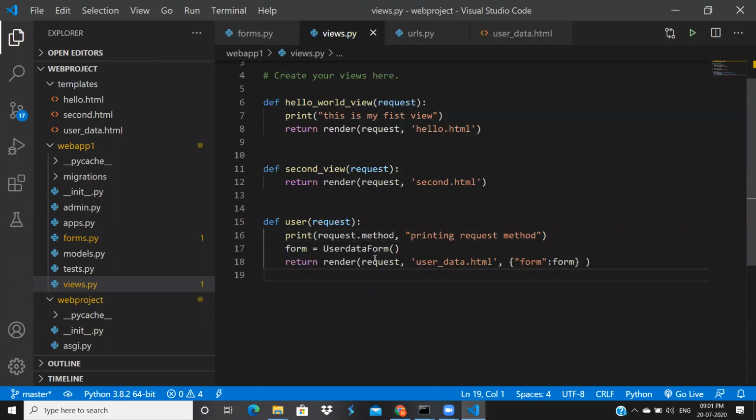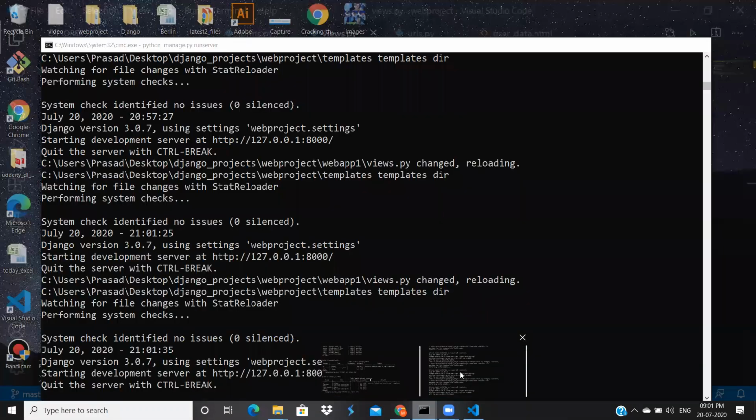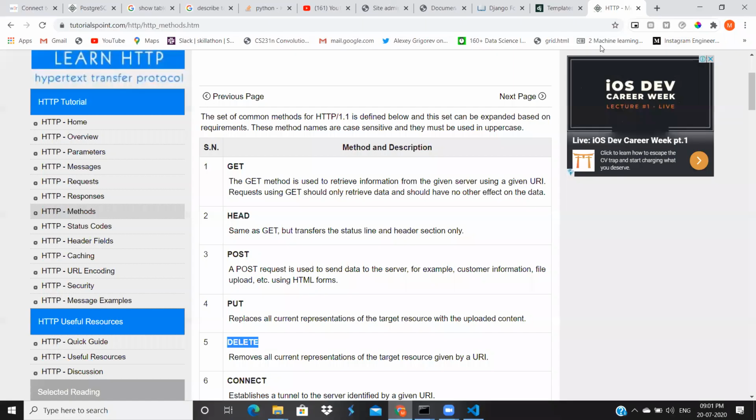Printing request method. When we get a call for this function, when the user enters this view URL in a browser, we will get a call for this user function. Then this print statement will be executed. After that, the remaining things will be executed. I'm going to do that right now.